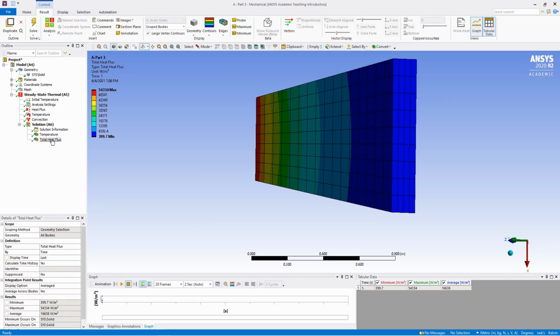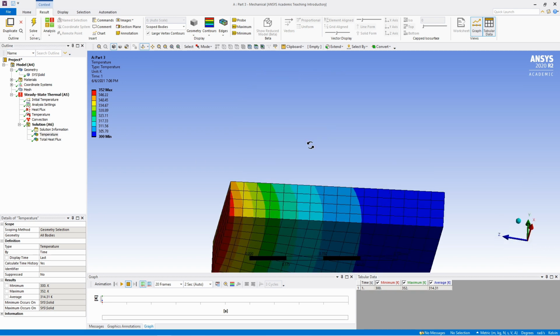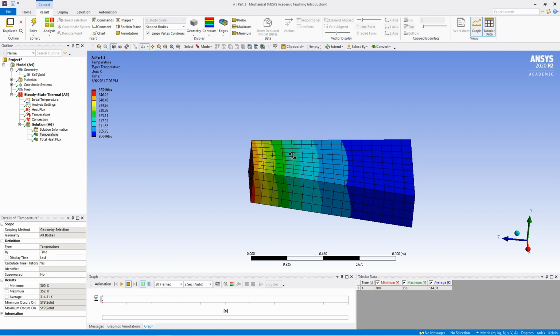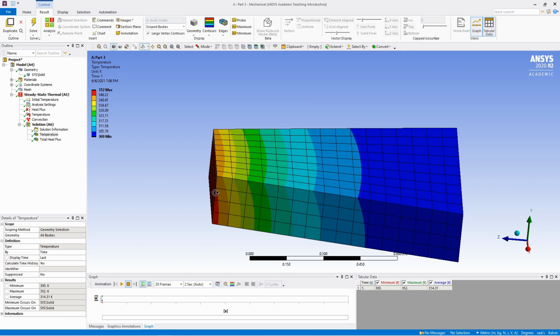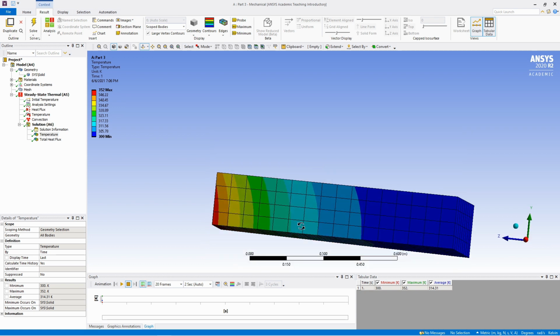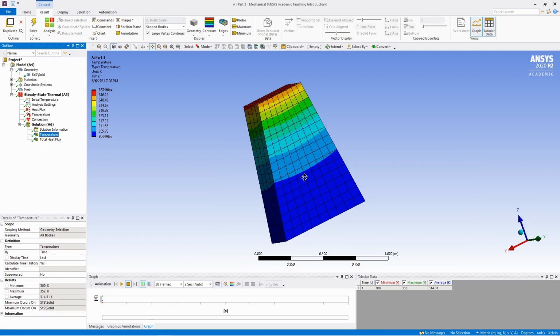And results are ready. Click on this temperature to see the temperature distribution. Now if you look closely, we have the convection boundary condition only on this top surface. And because of that, you can see this curve in the temperature distribution. Because heat is going out from this surface, the temperature on the top surface is a little bit less compared to the temperature on the bottom surface. You can see heat flux as well. Anyway, that's it for this video.